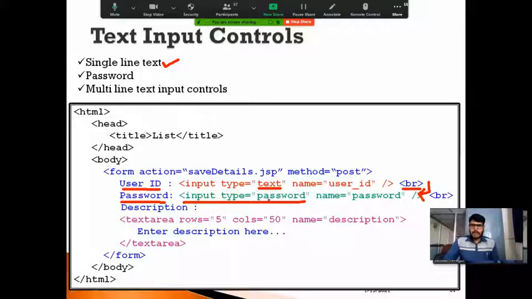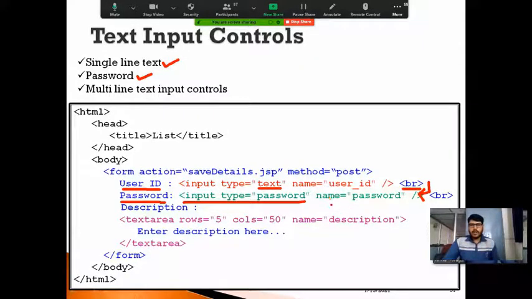Here you can observe that I specify the type value as password, because now I want to accept a password. With a password, it will not show the text the user enters. Instead, it will display dots in place of the password field.